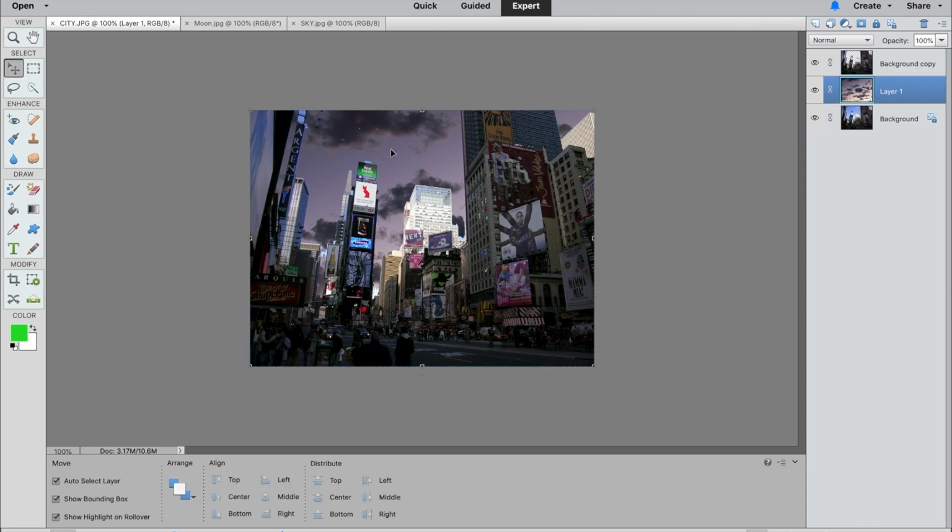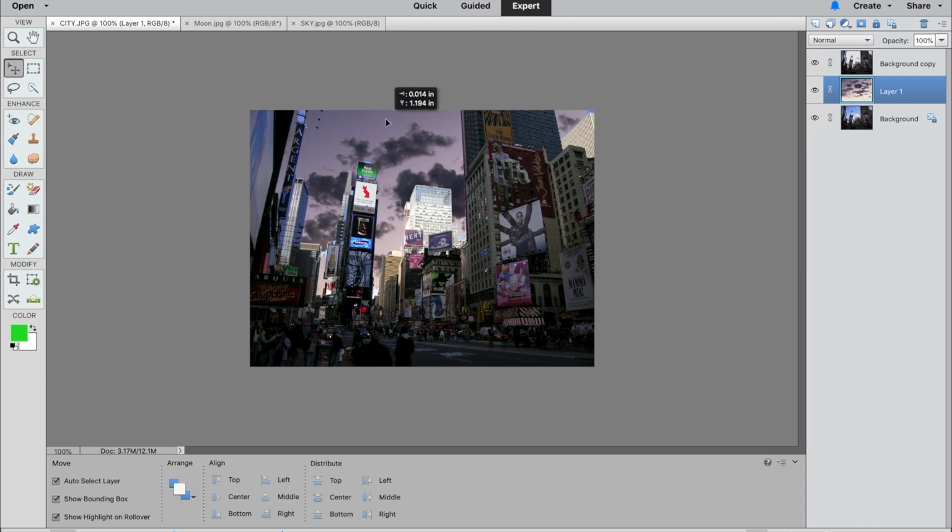And if you want to get the clouds to move around, you can do that by selecting the layer and moving it around. You can also stretch it, depending on what you want. Now that we have taken care of that, we're going to move on to